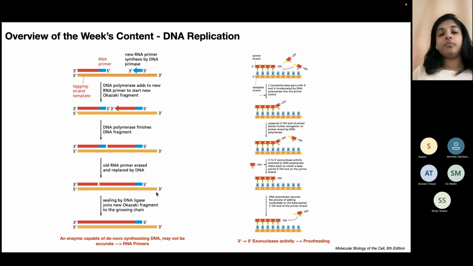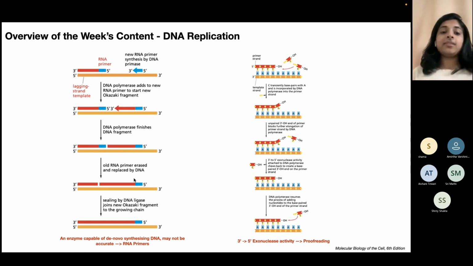So, like I told you, DNA replication has to be very, very accurate. And this is one of the reasons why it is so complicated, as in why there are Okazaki fragments produced, why there is only 3' addition, why there is an RNA primer, when simply there could be a DNA primer that is attached, and the DNA primer could later be joined together by the ligase. But currently what happens is there is an enzyme that adds an RNA primer that is later degraded and then refilled by the DNA polymerase to form the